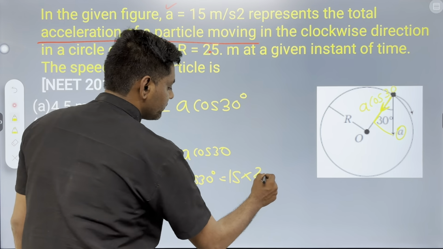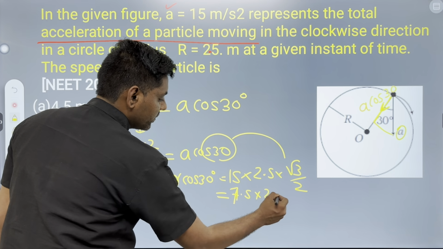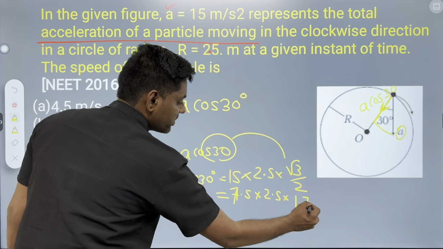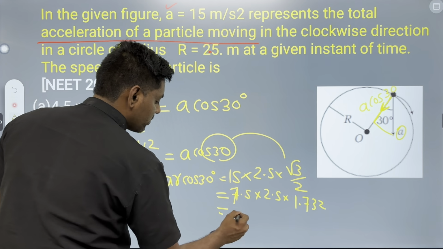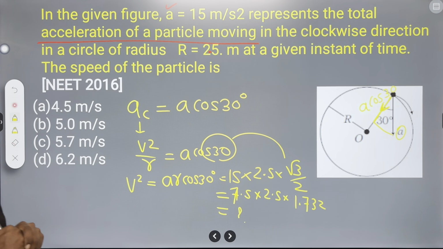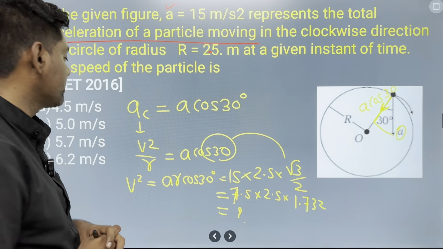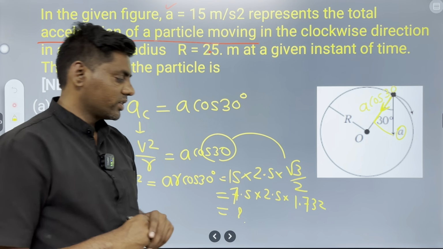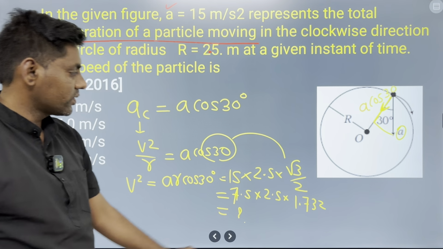7.5 इंटू 2.5, और √3 का आंसर पता है 1.732. सो इसको कैलकुलेट करना है, जल्दी आंसर बताना है, प्लीज कैलकुलेट वेरी फास्ट. 7.5 multiplied by 2.5 into 1.732, what is the answer? That is 5.7. अच्छे से जल्दी कैलकुलेट करना है. Next,